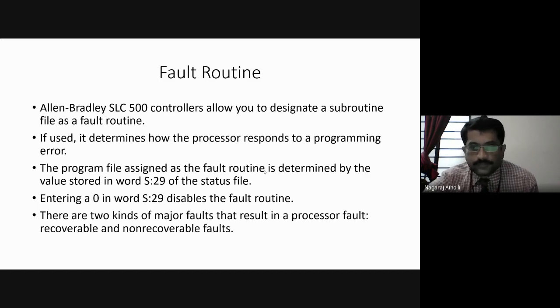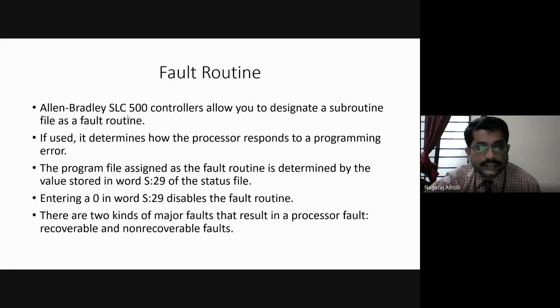The Allen Bradley SLC 500 controller allows you to designate a subroutine file as a fault routine. If used, it determines how the processor responds to a programming error. If there is any fault in the program, we can find out the error response in the PLC program by introducing this fault. The program file assigned as the fault routine is determined by the value stored in S:29 of the status file.